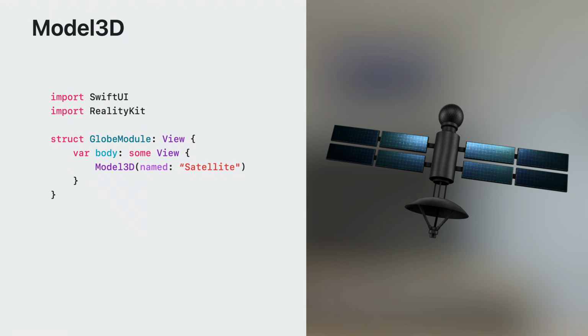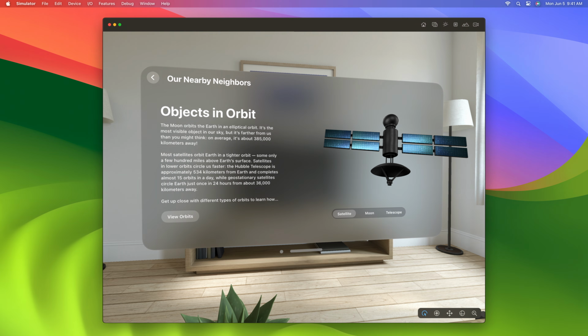Our content view can add 3D content, bringing a new dimension of depth to your app. To do that, you can use the new Model 3D view. Model 3D is similar to an image, making it easy to load and display beautiful 3D content in your app that is rendered by RealityKit. To add Model 3D to your view, we initialize Model 3D by passing the name of the satellite model. With this, Model 3D will find and load the model and place it into your view hierarchy. Now this window has the satellite embedded into the view and can be seen coming out of the z-axis, adding a new dimension of depth to your app.